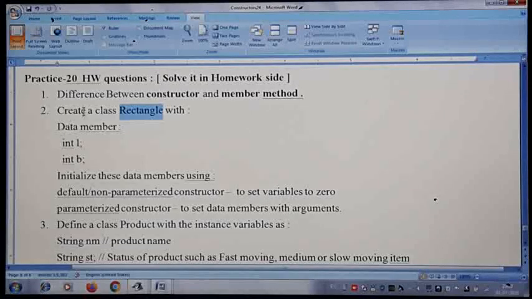Only this much, a class design with two constructors. I will explain constructor overloading in the next video, but for now write what is asked, and you can verify the answers in the next video.